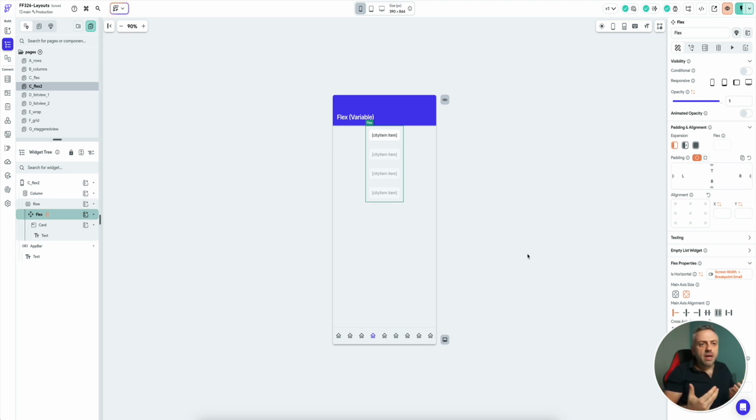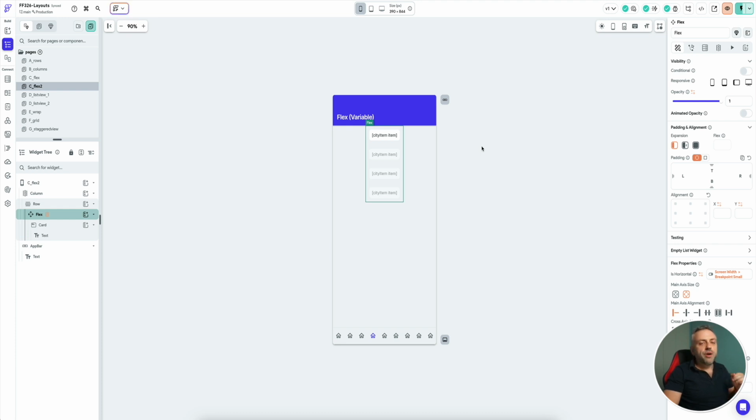And that doesn't mean that you're going to be using Flex all the time. I mean, you're going to have situations where you just want columns or you just want rows, right? And you don't care what happens when they use it. You just want that layout, right? You don't want it to be dynamic, right? You want it to be rows, you want it to be columns, and you want it to specify in your app. And that's why you're going to be using rows and columns,